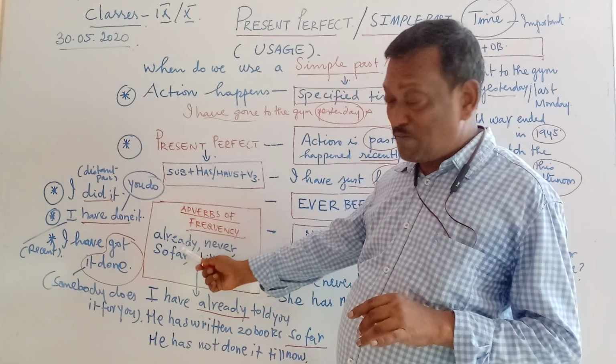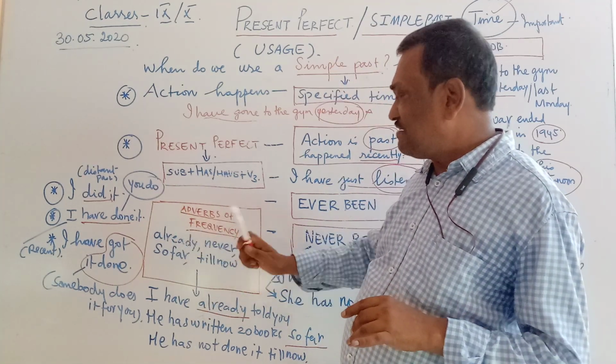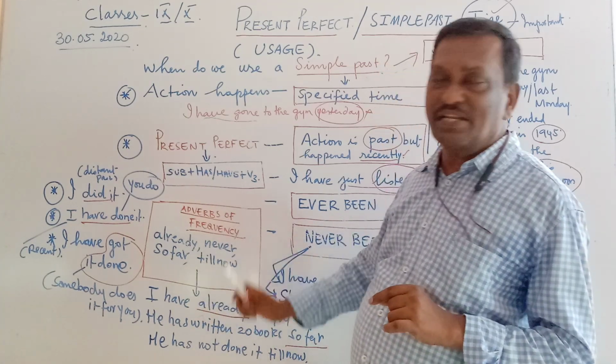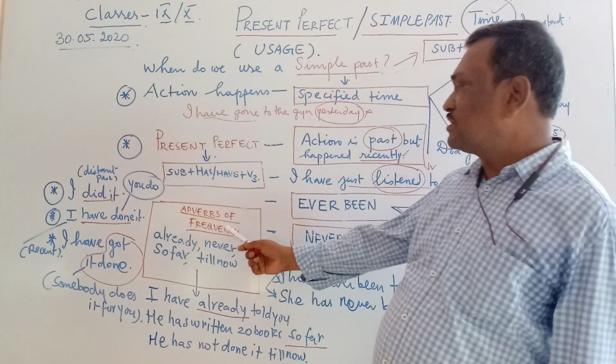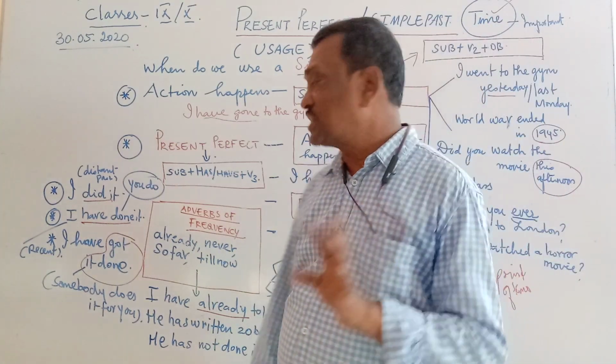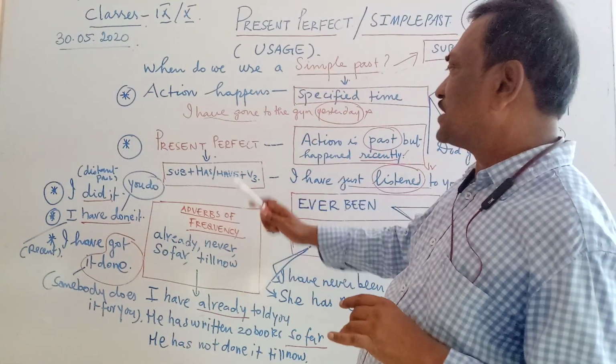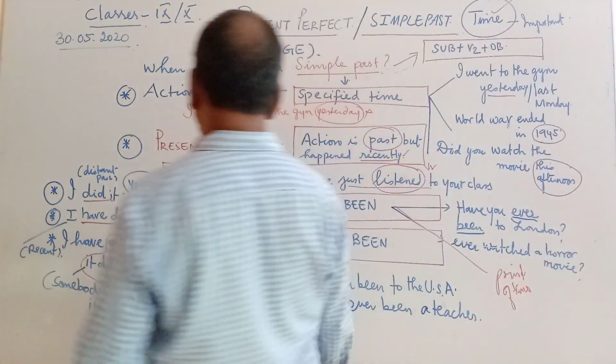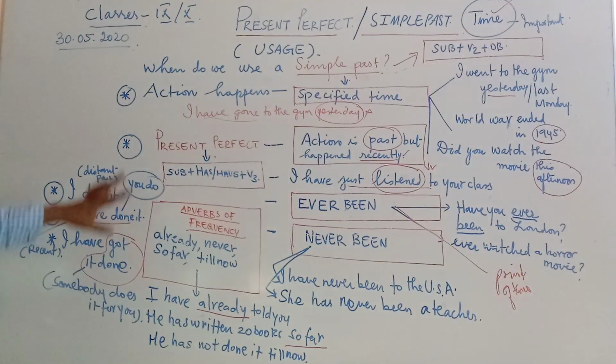So always keep in mind, already, never, so far, till now are some of the adverbs of frequency which are generally used with the present perfect. Now, I want to invite your attention to another important point. You see,